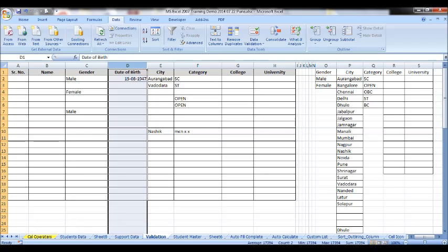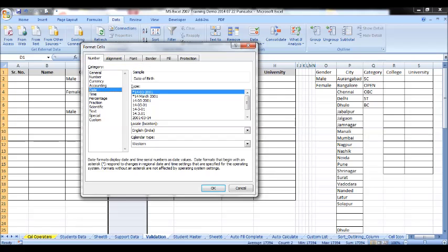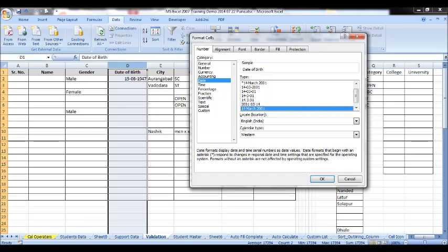Select the cells, format like this. Month should appear in text. Otherwise, if the earlier number is less than 12, then you would not understand whether it is MMDDYY or DDMMYY.